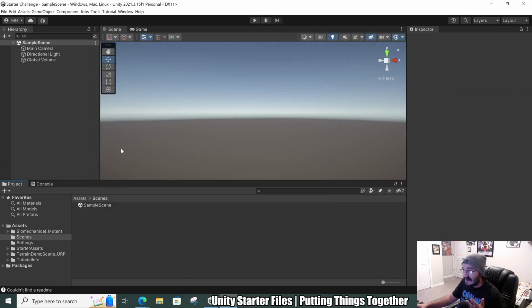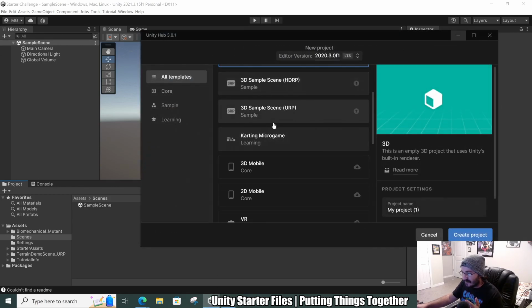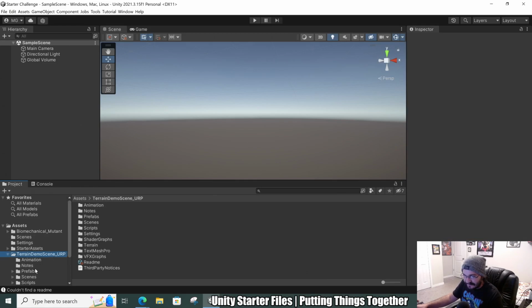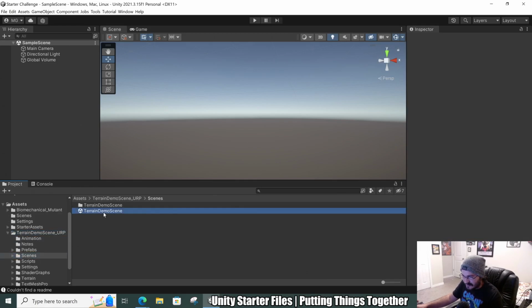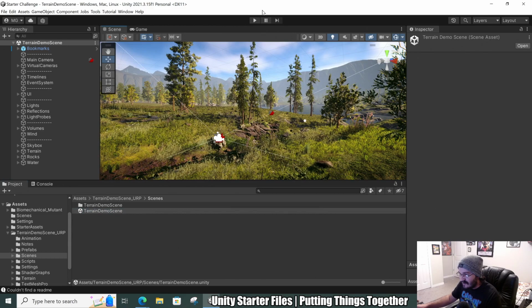Now, I did open up a new project using the 3D URP, because it said that the terrain was URP. We're going to see what happened to me in a second here. So here's our terrain. Here's a sample scene that they put together for us, and I'm just going to use this because why not? It's already here. If we go ahead and click play,